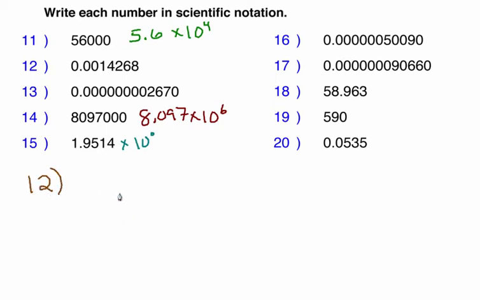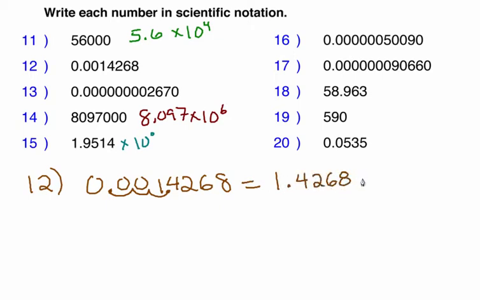The reason I haven't done this one up until now is because I know it's going to have a negative exponent with the 10, because we have a decimal that is less than 1. So in this case, we need to move the decimal to the right 3 spaces to get one non-zero digit in front of the decimal. So we'll have